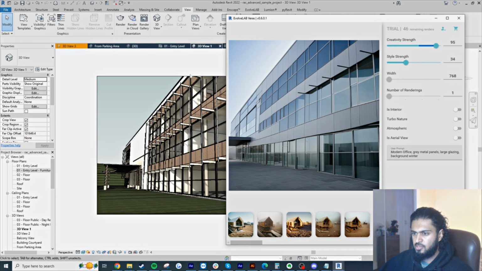As you can see, it's not really reading these thin vertical elements here. It's getting confused. I mean, that part's understood. It has got grey panels for us. It is blending it. And the background does look a bit like winter. If I do background summer,